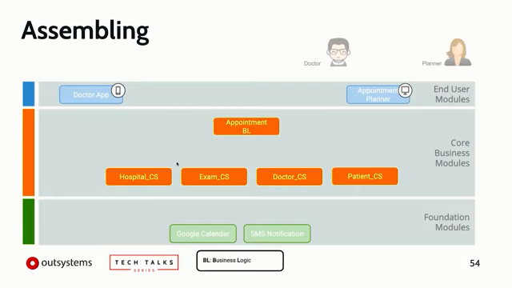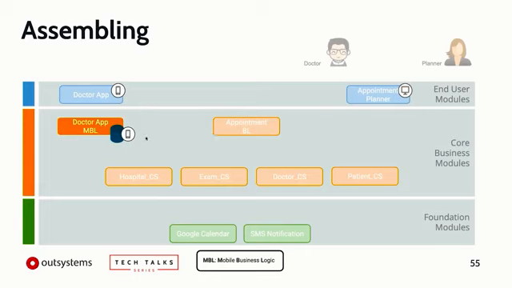The naming convention business logic, BL, in this module is to show that this is more than a simple core service. The business logic here is the result of the composition of the more unitary services below, and it will support most of the business rules of the doctor application, so it's not so much reusable by other applications like the other core services. Since the doctor application is a mobile application, we will also need a mobile core service,